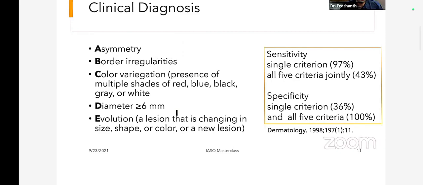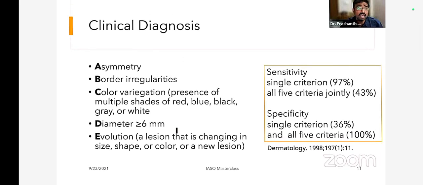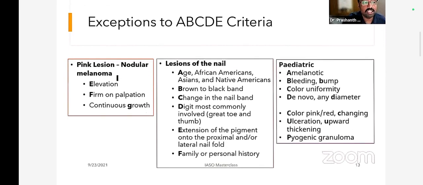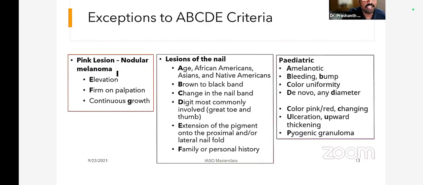फिर तुम्हारा एक ये ABCD वाला अच्छा पॉइंट था, एसिमेट्री, बॉर्डर इरेगुलरिटी, कलर, इवोल्यूशन ऑफ द चेंजेस, ये एडल्ट में होता है। ठीक है, और एक इसमें ग्लासगो 7 चेक पॉइंट्स होते हैं, वो भी वही वाले हैं। तो मेजर में साइज, शेप एंड कलर, और बाकी सब जो है वो माइनर में है, पर बच्चों में ये वाला यूज़ करते हैं। ठीक है, तो बच्चों में पिंक कलर, नोड्यूलर मेलेनोमा, ENF, लीजन्स ऑफ नेल्स, ABCD के दूसरे फंडे हैं। पीडियाट्रिक में अमेलानोटिक, ब्लीडिंग बम्प, कलर यूनिफॉर्मिटी, डायामीटर, अल्सरेशन और पायोजेनिक ग्रैनुलोमा, ये पीडियाट्रिक है। नेल्स में ये ABCDEF है। तो इतना तो नेल का अलग से नहीं आएगा, पर पीडियाट्रिक का थोड़ा अलग से आ सकता है।